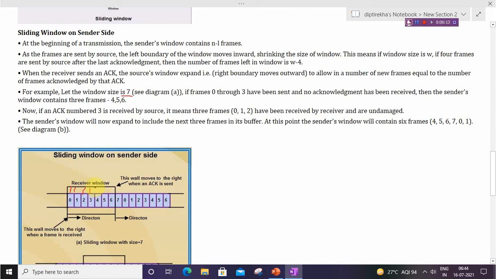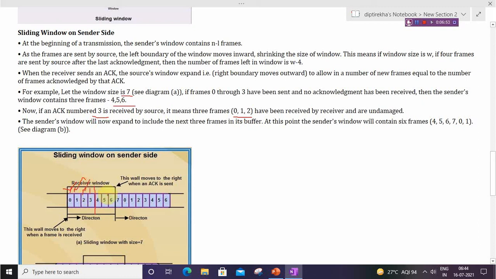Okay, after sending these frames, the window will shrink to 4, 5, 6. Then the window contains the frames 4, 5, 6. Now, if an acknowledgement number 3 is received by the source, that means the receiver received the frames number 0, 1 and 2. Okay, means receiver receives 0, 1 and 2.